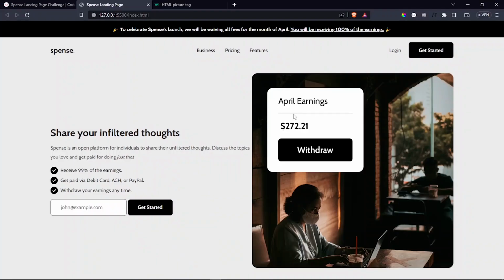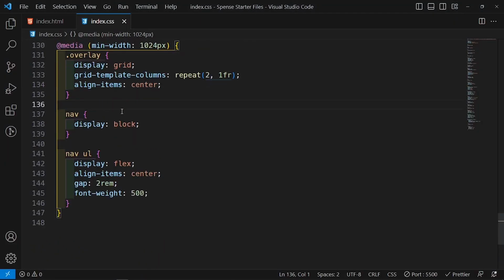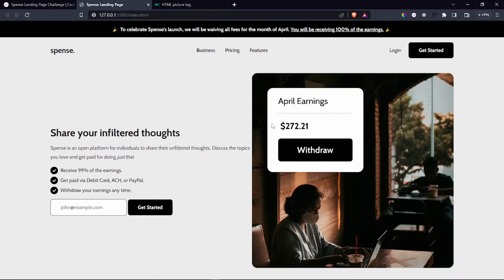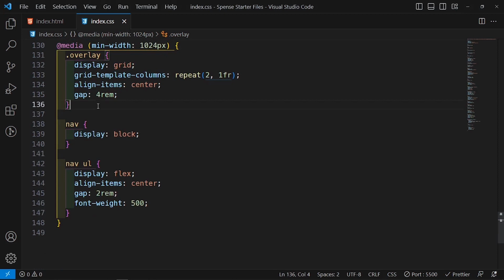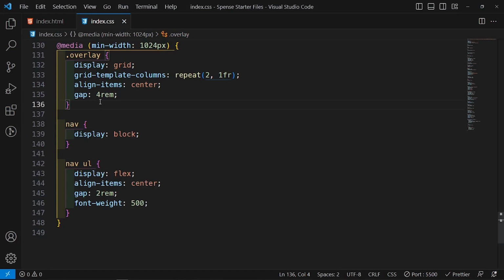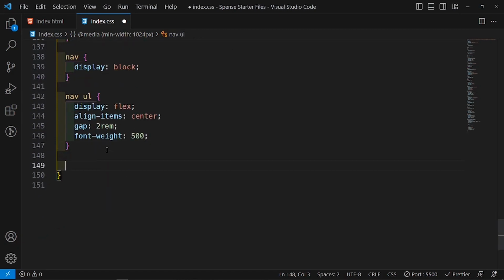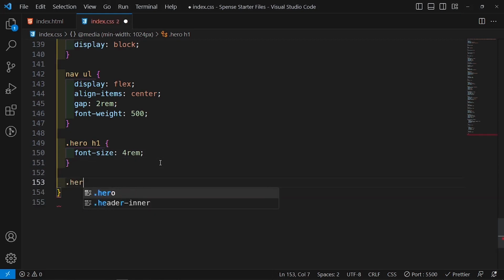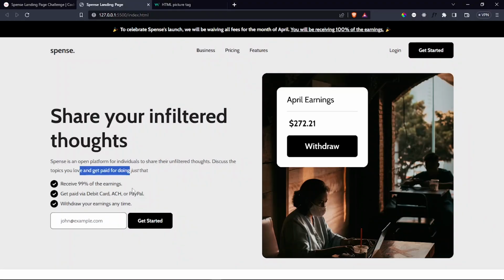Let's save that, and then now let's begin to restyle this to be just a bit better. We need a gap here, so right here, we need a gap of about 4 rem. Increase this gap massively, and then for the hero h1, below this, we're going to increase the font size to 4 rem, make it massively bigger. And then for the hero paragraph, as well as for the dot hero list items, meaning for this paragraph as well as for this list items,